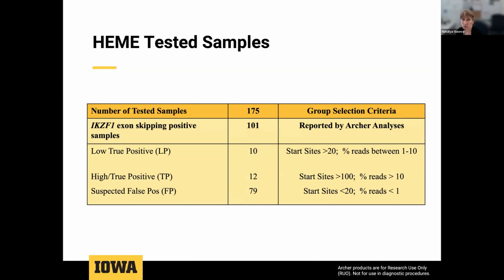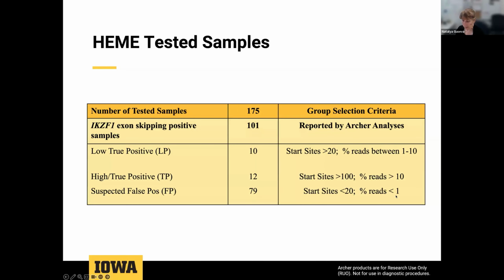Then we started paying attention to the level of expression of this isoform, and we found that some of them had a low level of expression and some quite high. We selected 3 groups. Low true positive, which had start sites under 20 and percent reads between 1 and 10. A high true positive group, where start sites were above 100 and percent reads above 10. And all others, about 79 samples, were expected false positives. They had some number of start sites that we usually use for a positive fusion, but they had very low